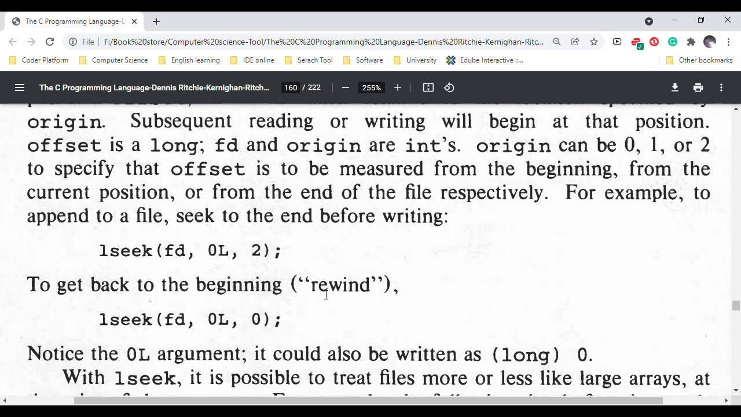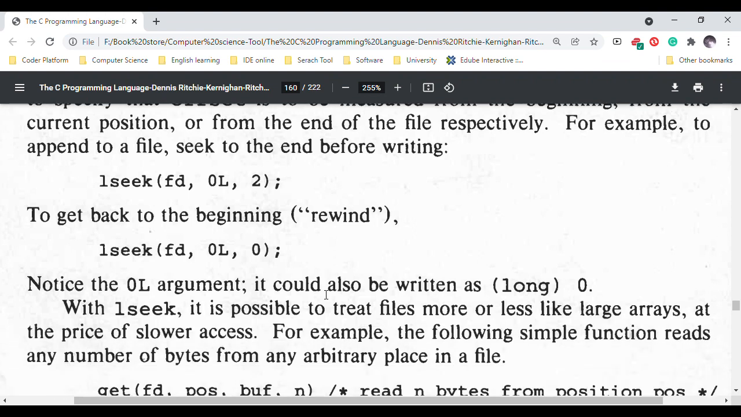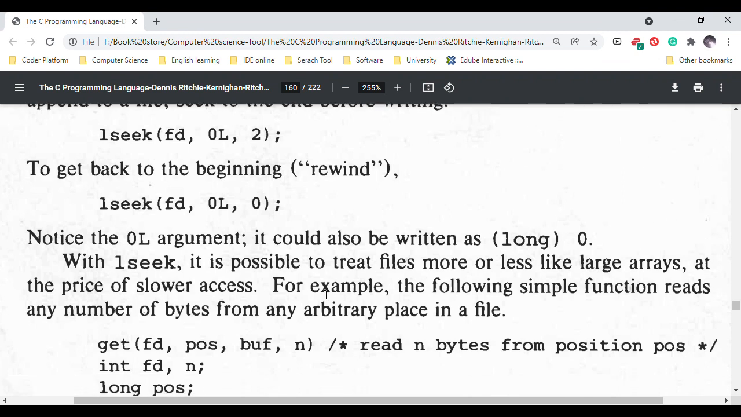Origin can be 0, 1, or 2 to specify that offset is to be measured from the beginning, from the current position, or from the end of the file respectively. For example, to append to a file, seek to the end before writing. To get back to the beginning, notice the 0L argument. It could also be written as